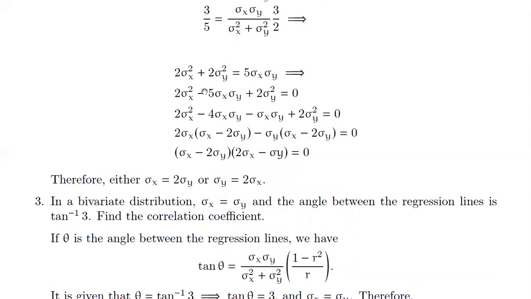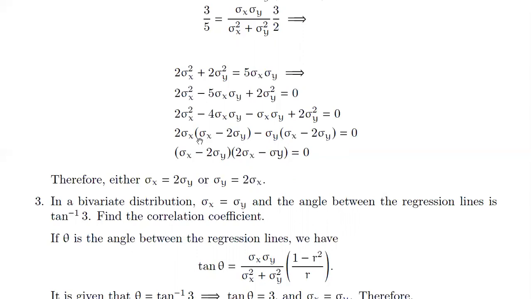So if you solve it and if you factorize this minus 5 as minus 4 sigma x sigma y minus sigma x into sigma y, in these two terms, 2 sigma x is a common term. Please note I am taking this term and this term. 2 sigma x is a common term. So if you take that out, I get sigma x minus 2 sigma y. And in these two terms, that is minus sigma x sigma y plus 2 sigma square y, in these two terms I am taking minus sigma y out. If you do that, the remaining terms are sigma x here, and here it becomes minus 2 sigma y.